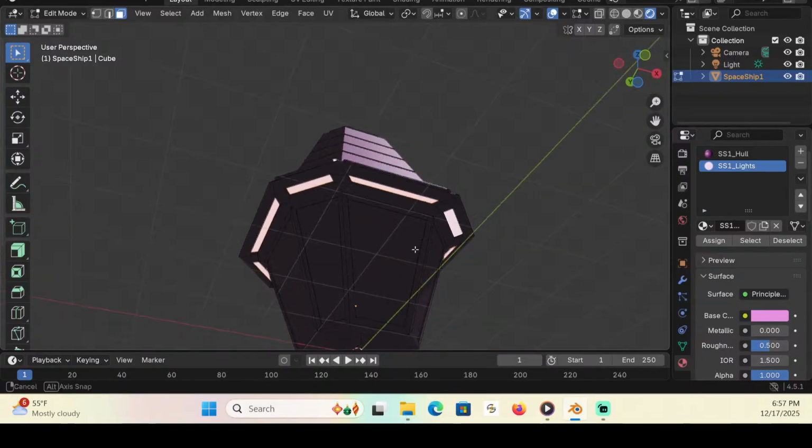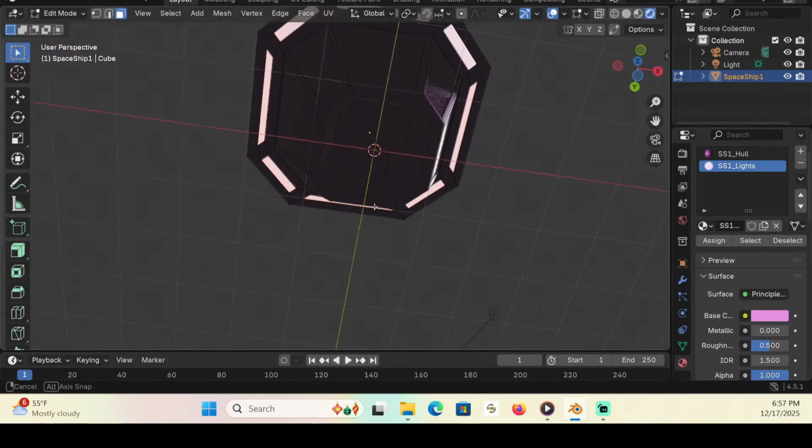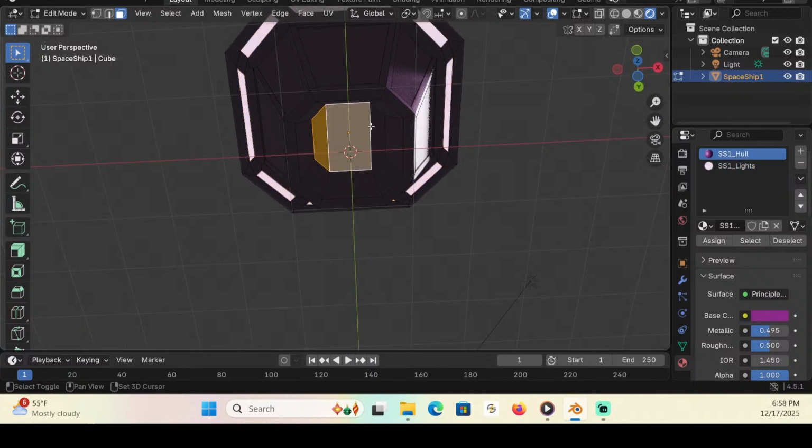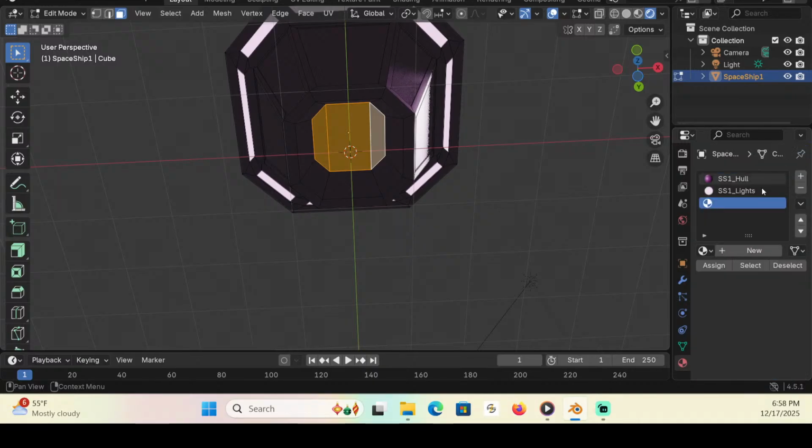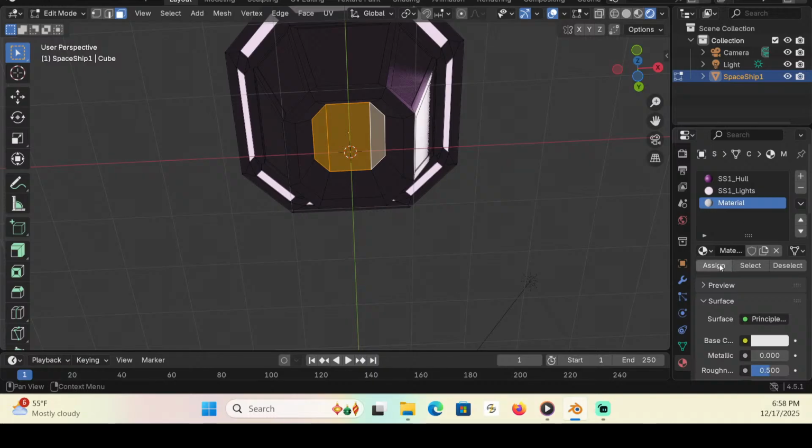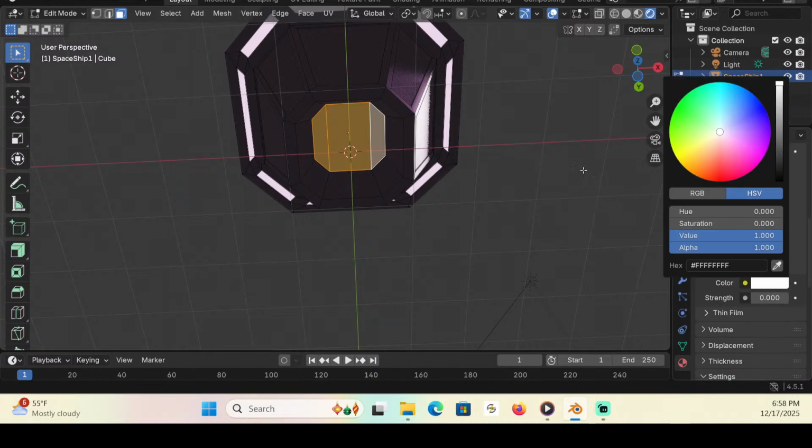Okay, there we go. All right, now we need the primary thruster here, which we're going to make a new color for. Oh yes. New material. We're going to go ahead and assign this material, although we don't have anything to assign. We're going to SS1 underscore. Base color is white for now. Color here is going to be